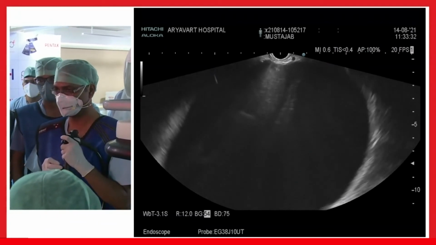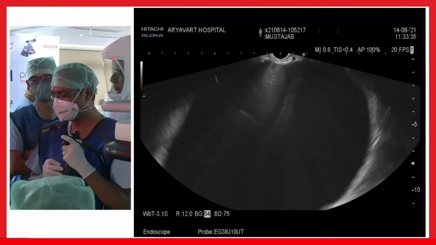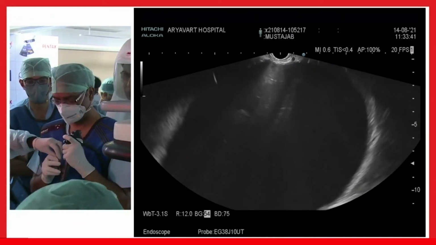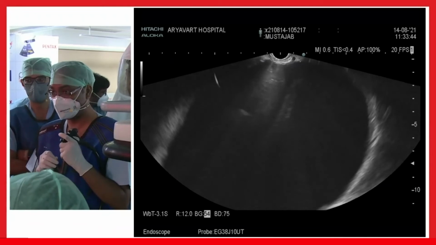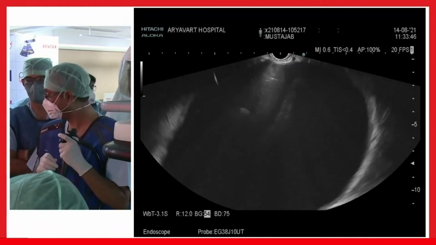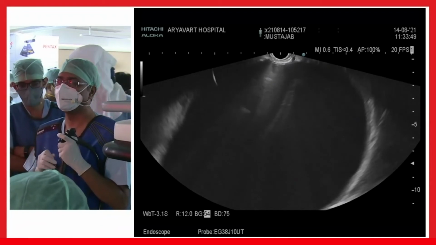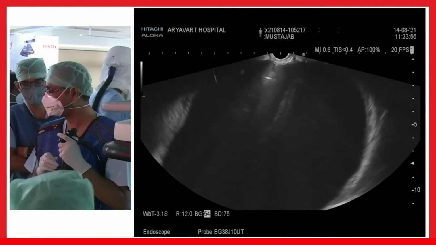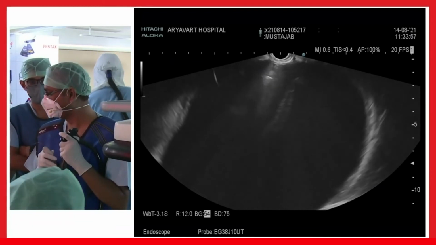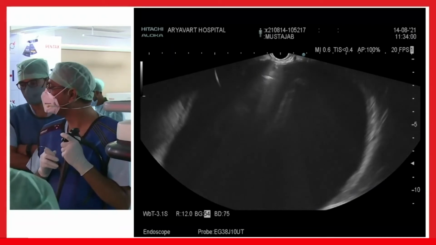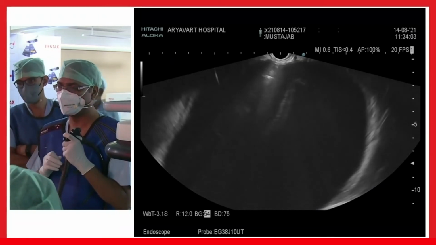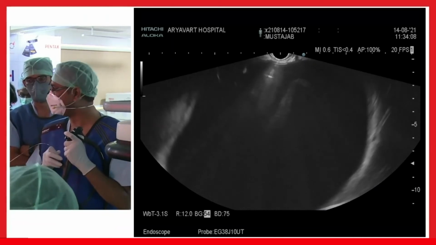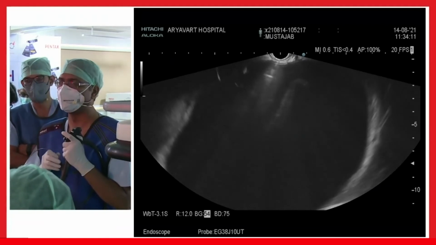So what are the tricks of placing two stents? You can put both guide wires simultaneously, not just putting one stent followed by a second wire. What we do is take the ERCP brush cytology catheter, which has two lumens. After dilating, you advance the ERCP brush cytology catheter, and from the other lumen you put the other wire. So it becomes very easy to put the second wire.